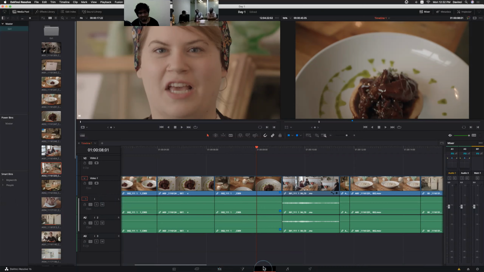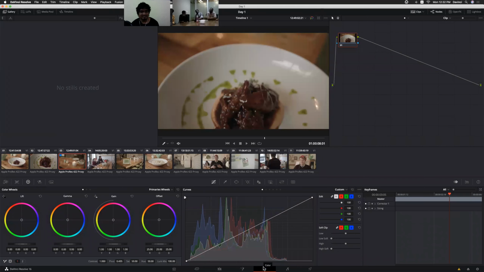And only for the color page, it will take a lot of time if you want to discuss each and everything. But I'll try to cover most of the portion related to color, like how to do the primary corrections, how to do the secondary corrections, like using power windows, the qualifier, and for the editors, maybe the stabilization and everything.